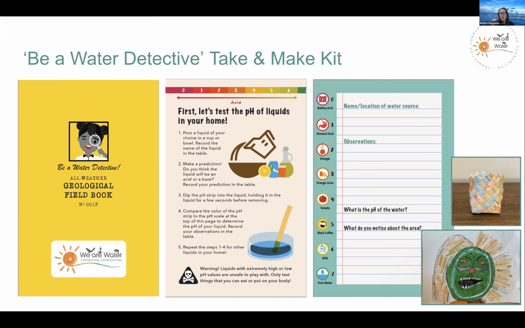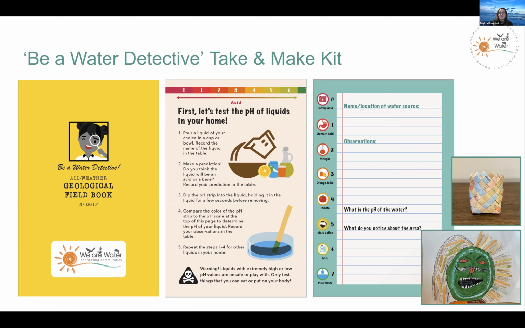The first one is going to be the more science heavy aspect of the kit. And so the goal of this portion of the kit is to teach students to make observations and then to build a story from those observations. The first part of that is going to be encouraging students to learn how to use pH strips by using liquids that are found in a home setting. We provide about 25 pH strips, so they have lots of opportunities to test lots of different liquids. And then once students are feeling comfortable with the pH strips and reading pH values from those strips,